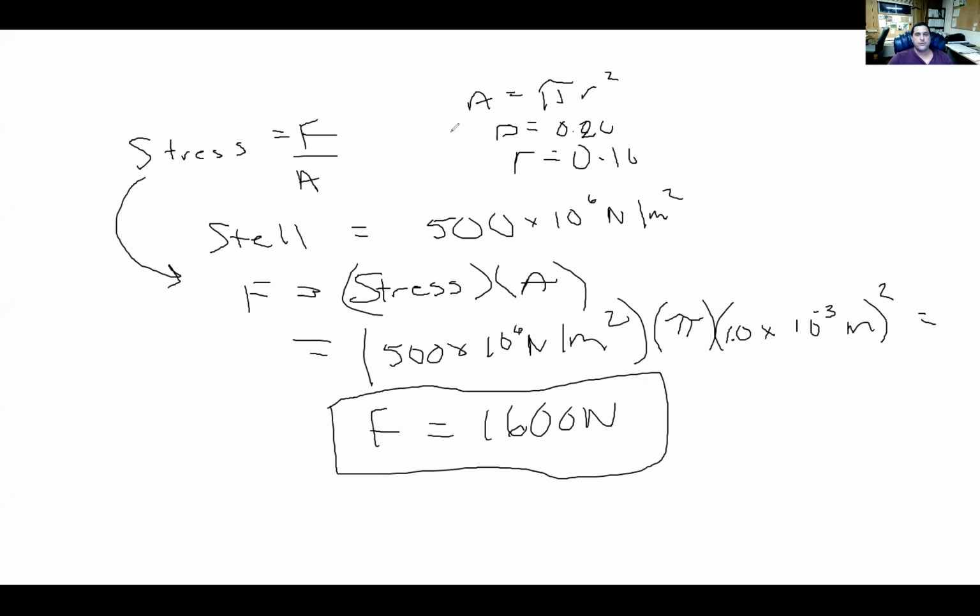So I'm not going to redraw that picture because for all intents and purposes, that is our free body diagram. They want us to use a factor of safety of 5. What does that mean? They want us to reduce the amount of force that we're applying to this thing by 1/5. So I'm going to reduce by 1/5